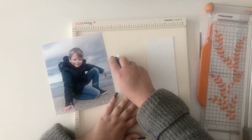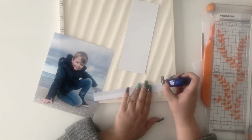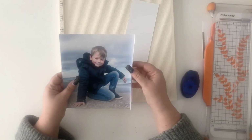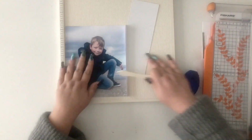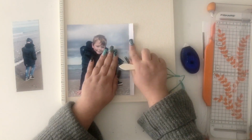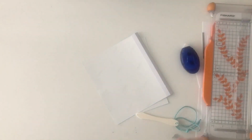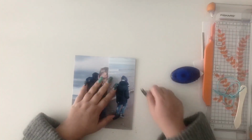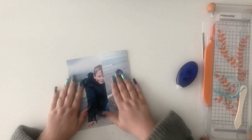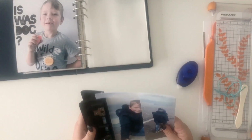And if you remember my last video for layout number 3, I just folded the photo and I wasn't too happy with it, and this time I created this little mechanism, little ledger, where I can glue the half of that photo on there. So my plan is to have this fold up, and on the back of the fold up I'm going to put my journaling,